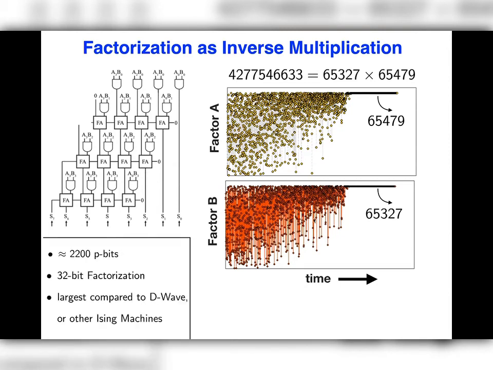Now, just to give you an idea of how this works, this still isn't cryptographically relevant. So this isn't really a number that would break RSA or that would be cryptographically important. But as a comparison to other Ising machines, this is very large, okay? This is the largest number that we've seen in the literature. So it shows you how this invertible logic idea can be very useful. And this is a fairly large system with 2200 p-bits. It's got a huge phase space of 2 to the 2200. And so it's a fairly difficult problem, but in terms of factorization, it's probably not relevant.